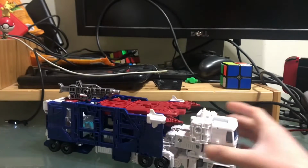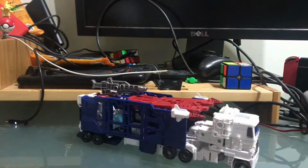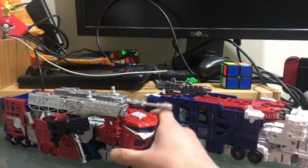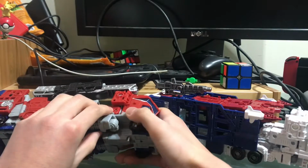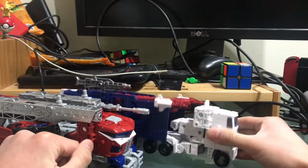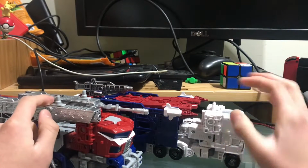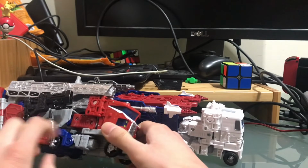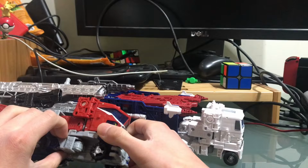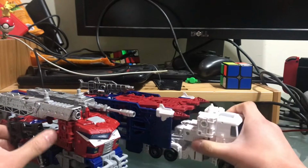And speaking of Galaxy Upgrade Optimus Prime, here's a comparison. Now, just like I said before, it's broken. But since Ultra Magnus is the same figure, I still really need to find a way to fix this before I have to spend another $50 on this one. So yeah, as you can see,